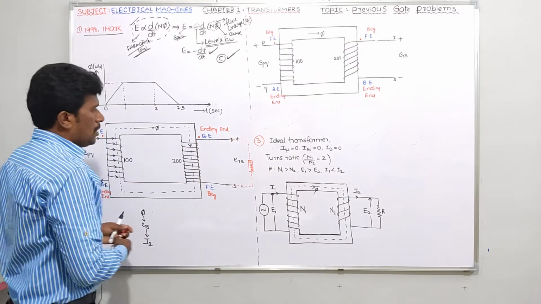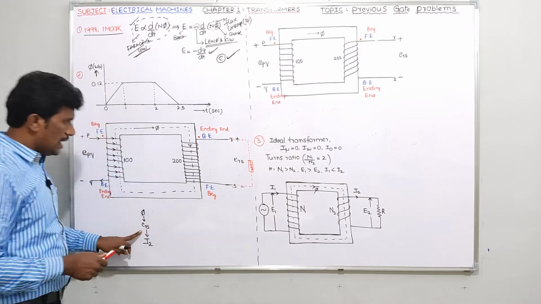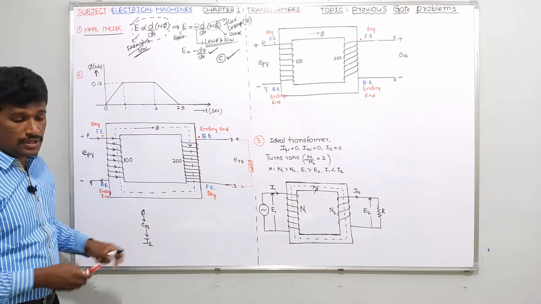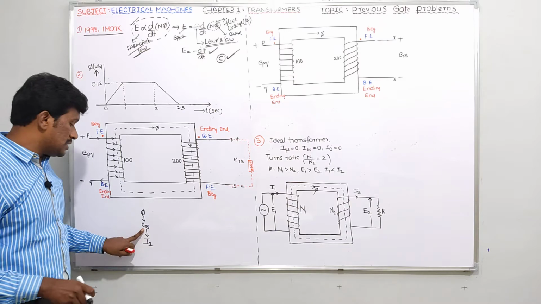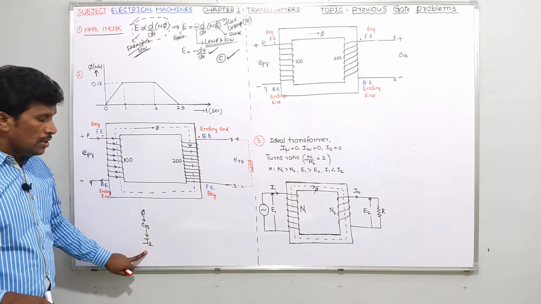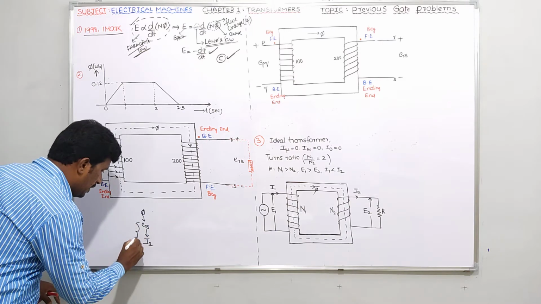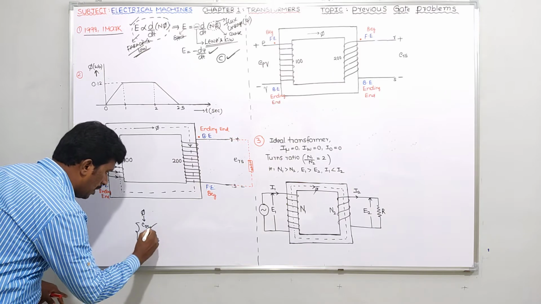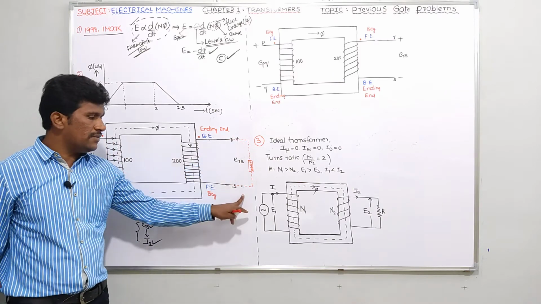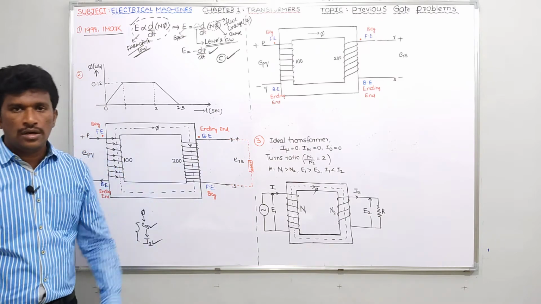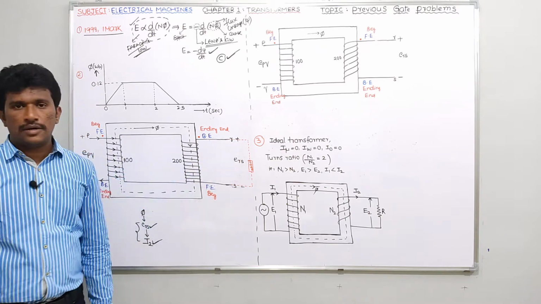Right, guys. Now, because of this flux, you'll get some EMF in the secondary winding. I call it ERS. And because of this ERS, you'll get some current I2. So the polarity of ERS, or of I2 because of ERS, is given by Lenz law. Anyway, he has given plus and minus, anyway he has given the polarity. No doubt. Let me check whether the polarity given is correct or not.